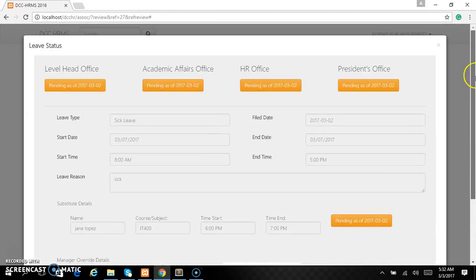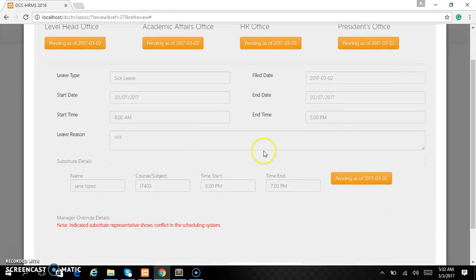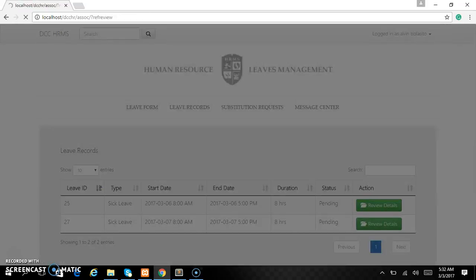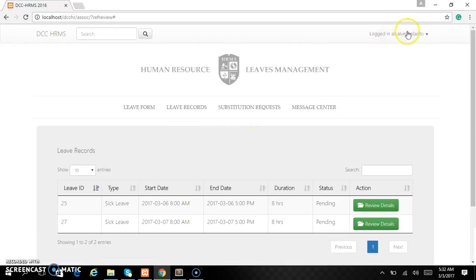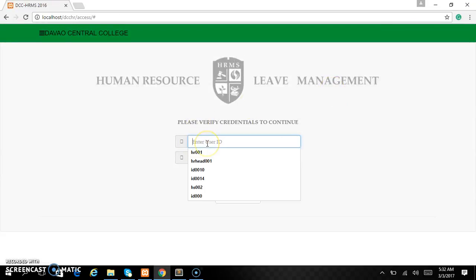So let's skip this one and let's go to Jane Lopez and log in as Jane Lopez. We're going to log out. So we're going to log in the substitute teacher. So ID 003 and 123 and enter.